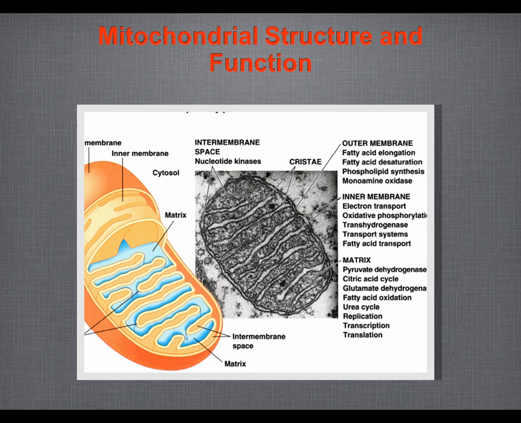So as we all know, going back to primary exam and university biology, it's a double membraned organelle. So you've got the outer membrane, then the inner membrane with the cristae on it, increasing the surface area, and you've got the matrix inside that inner membrane, and then the intermembrane space between the two. And along the side of the functions, of note are the electron transport chain with oxidative phosphorylation, which occurs across that inner membrane, linked to movement of hydrogen, and also the citric acid cycle that happens within the matrix.